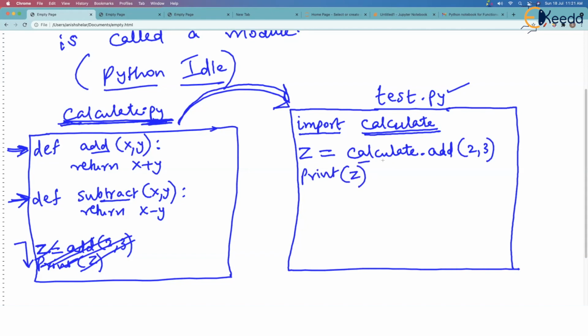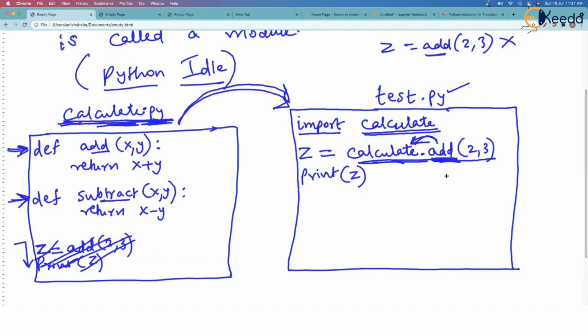Now this line here which I am underlining is a function call. Which function am I calling? Add. I am calling the add function, but I am calling that add function which is defined in calculate. So the way in which you should call add is not simply writing z is equal to add, just as we had been doing. This will give an error. It will say add not found. Because add is defined inside calculate here, we will have to qualify it. We will have to say we are calling add, which belongs to the calculate module, and I am passing 2, 3.